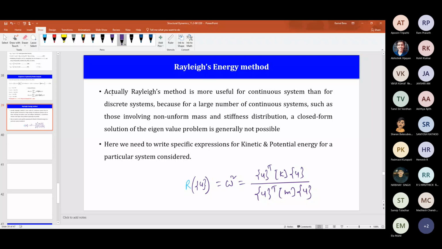That leads to the approximate analysis of continuous systems, converting the continuous system, which has infinite degrees of freedom, to a finite number of degrees of freedom system. That is not in our scope. Its starting point is basically the Rayleigh's energy method, which moves to the Rayleigh's method, and that is actually more helpful. So let us derive a similar expression for the continuous system based on the kinetic energy and the potential energy, the way we discussed for the multiple degree of freedom system.